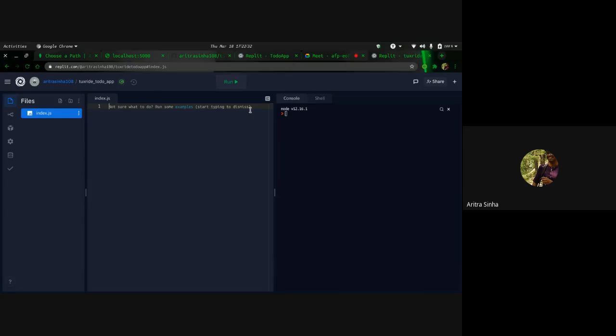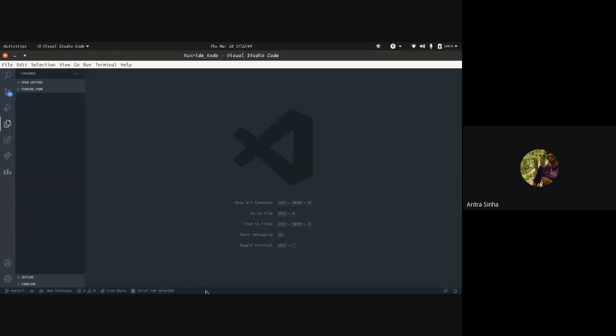I'll be doing the whole thing on my local system because it is more comfortable than using an online compiler. You have more control over things. So when you start, you might open a terminal. I have the same in my Visual Studio Code, so I have opened the terminal. When you start a Node.js project, even in REPL you have to do the same thing, it's just the running which will make a difference here.